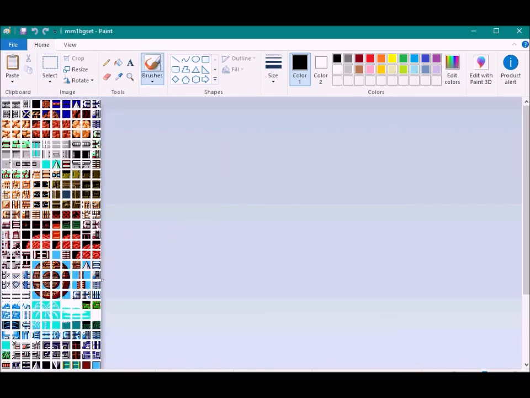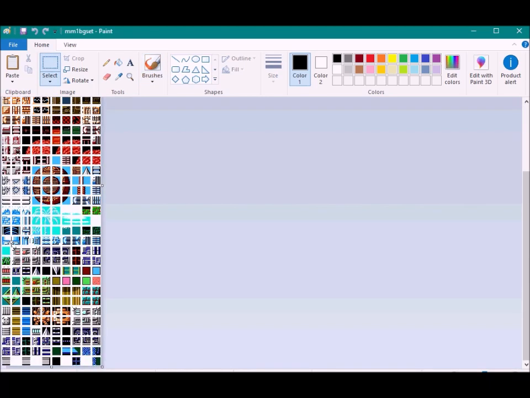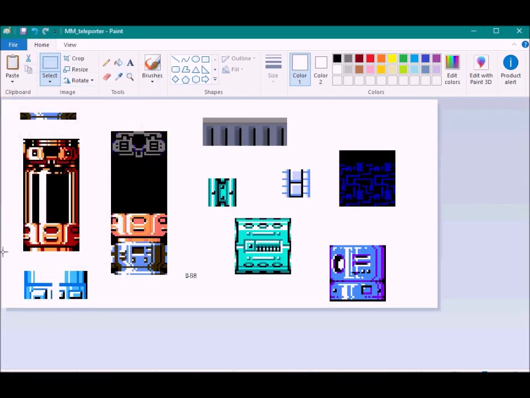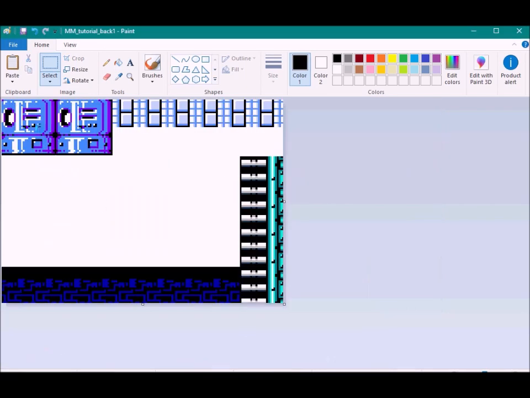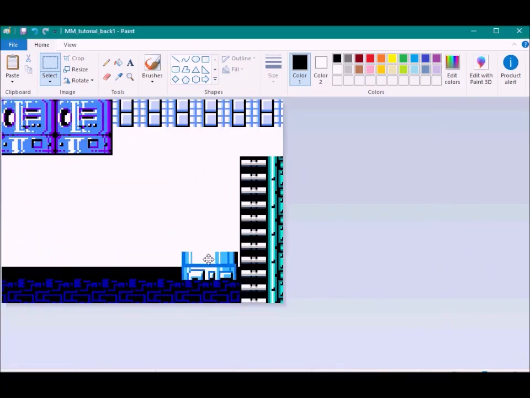Mega Man 1 tile sets. There's some decent ones here. What do we grab? We grab some from here. Yeah, well, that's a good one. Good bit of floor, and then we do the 350. Put them together. One synchronous bit of pixel, a bit of tile, and then we just paste them over here, and then copy paste. All right, drag them to where again it's pretty even to